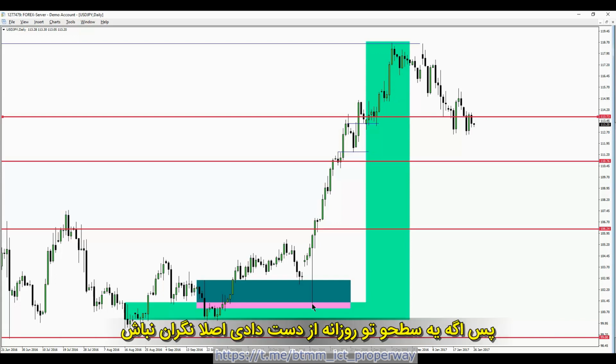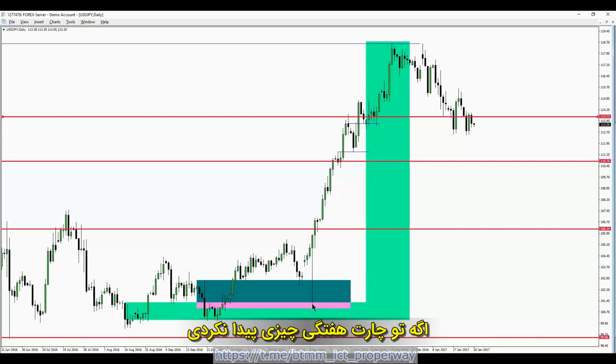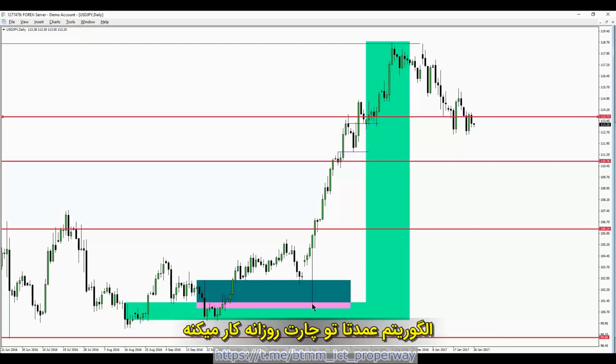So if you lose a level on a daily, don't be concerned. Just go out to a weekly chart and you'll see what they're reaching for. If you can't find it on a weekly chart, which is probably unlikely, go out to a monthly chart and you'll probably see much more clearly where they're trying to push price. The algorithm is going to work predominantly on a daily time frame. But if the levels are already worked enough and have already absorbed all of the potential liquidity because price has already been trading to them, it will go out to that larger open float, and that usually will dip you into the